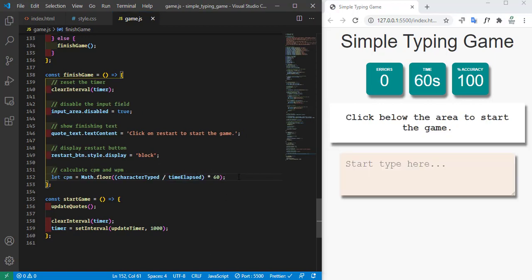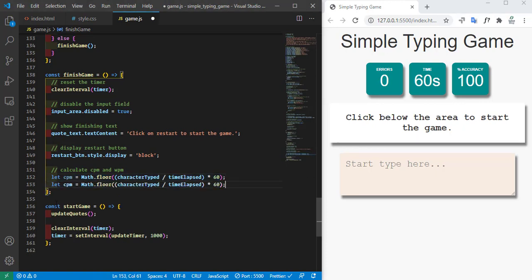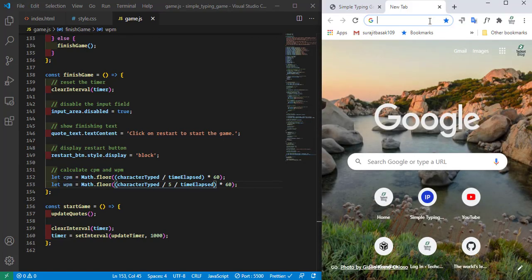So save this, and another thing we need to have, we can copy this and paste it, and we can use WPM, and then we're going to divide this characters typed by 5, because if you go to Google